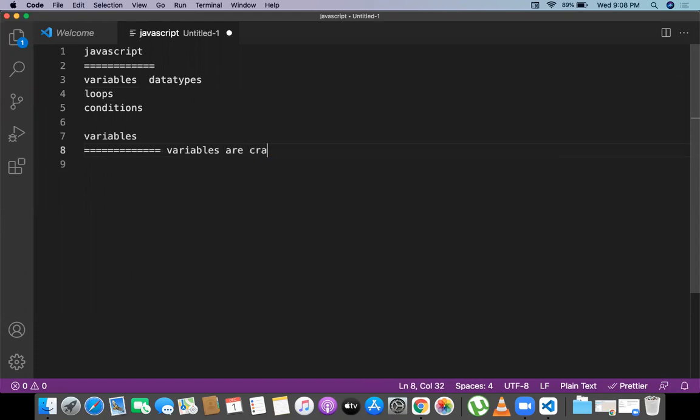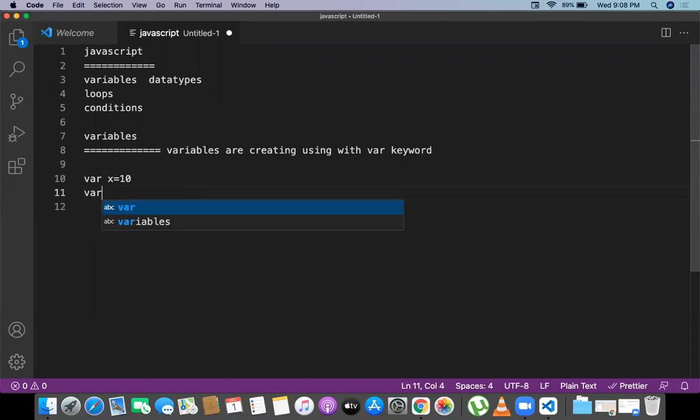Variables are created using the var keyword. The var keyword is very important to create a variable, where x is equal to 10, where y is equal to 10.5, where name is equal to Srinivas, something like this, and where name is equal to something like Radha.